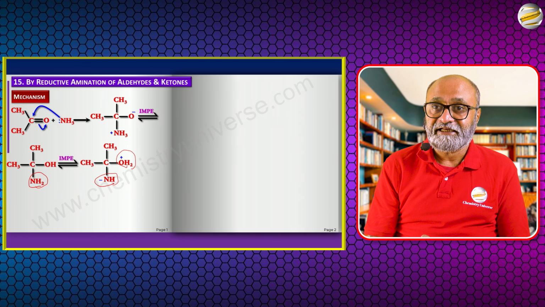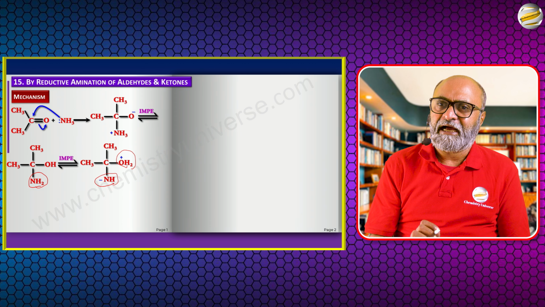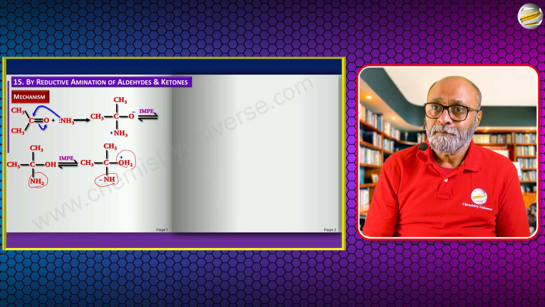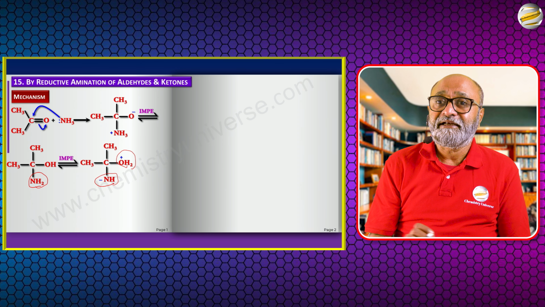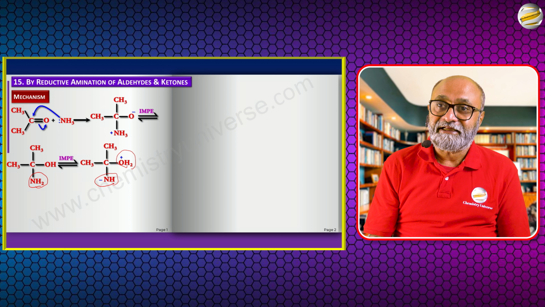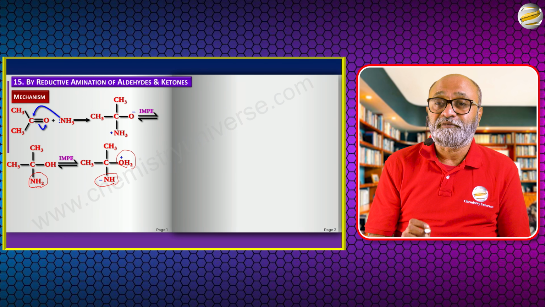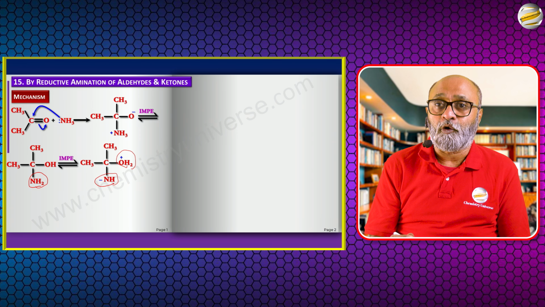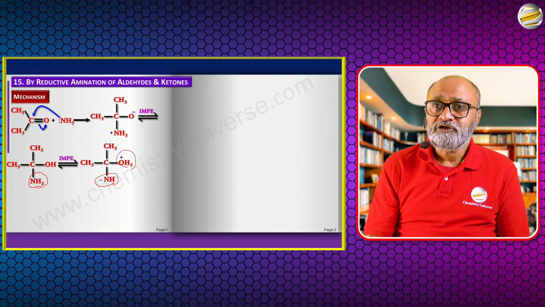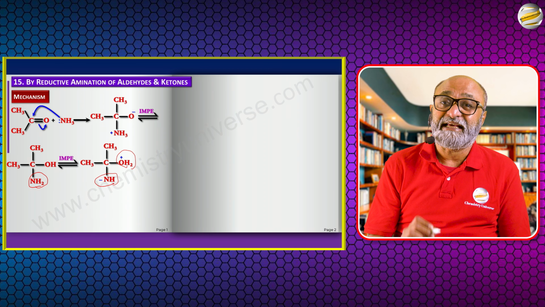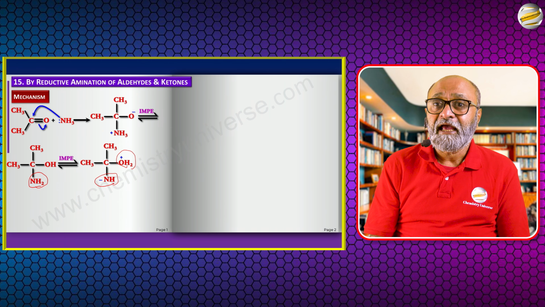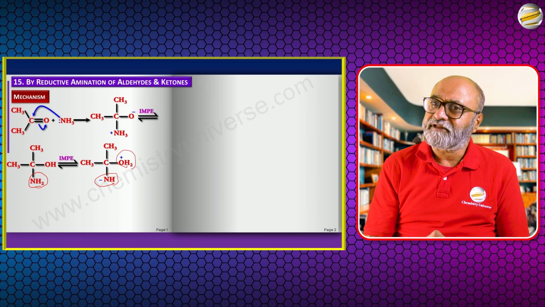So it's not necessary for something to happen predominantly for us to show that in the reaction. We can show a reaction even with a step which is highly unlikely, because ultimately it leads to a product. That is the only route that we need to follow. So it's not necessary that the initial steps have to be highly forward or most likely. They can be less likely, but as long as they can happen to whatever extent they happen, and that yields a product, that is what we're going to do.